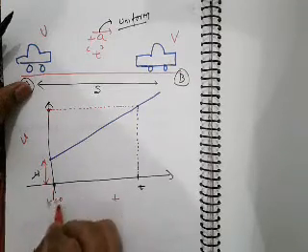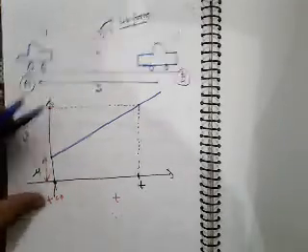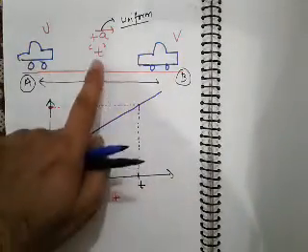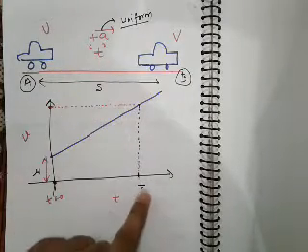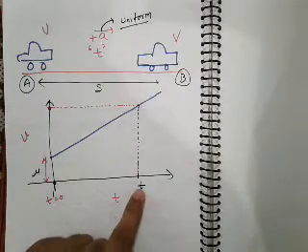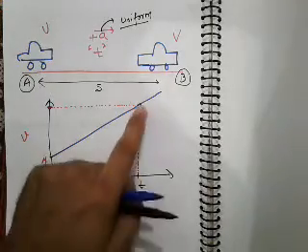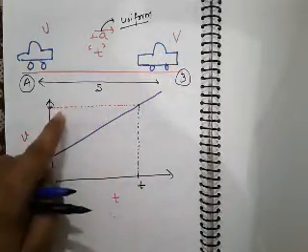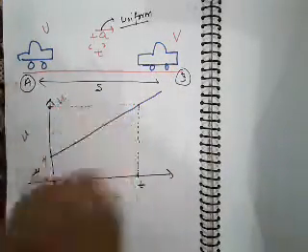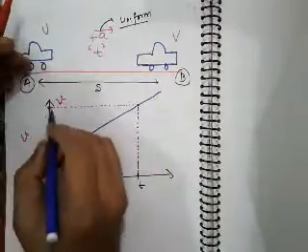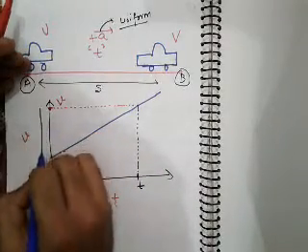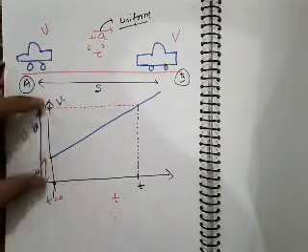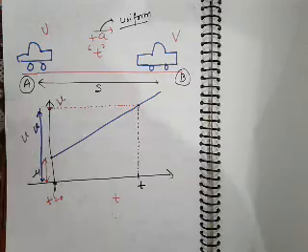At this point time is 0, the initial time is 0, and the final time for our assumption is t. The time interval is t, which is mentioned here. So that t in the graph is here. After the final time t, the velocity of the car becomes the final velocity v, which is represented here. If we find this value from this point to this point, we will get the final velocity.